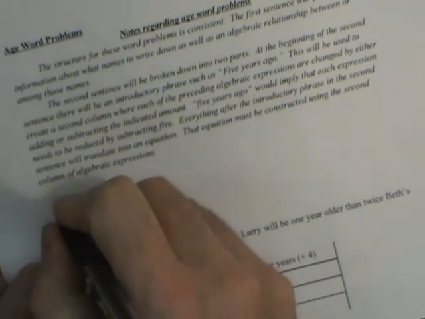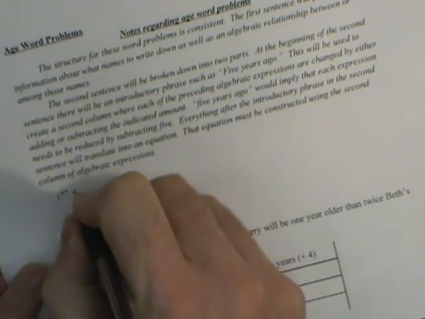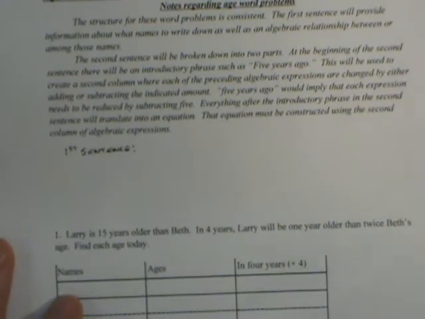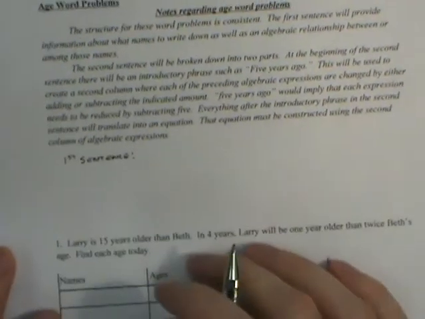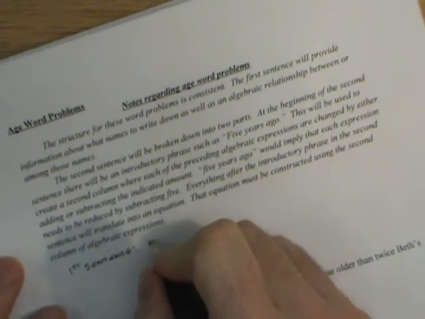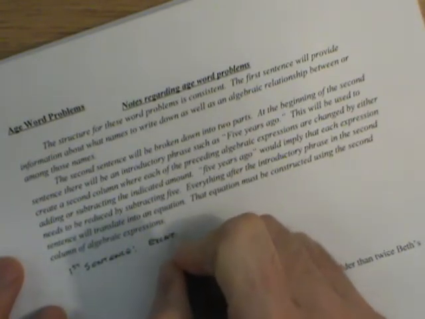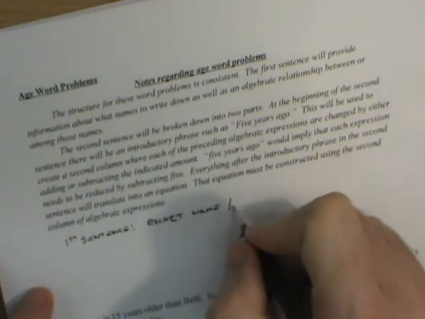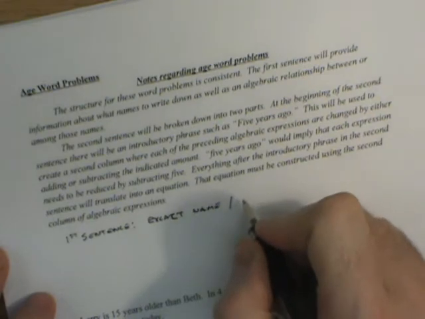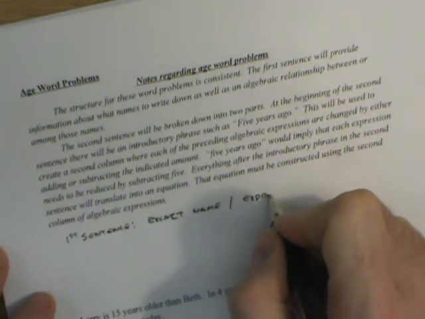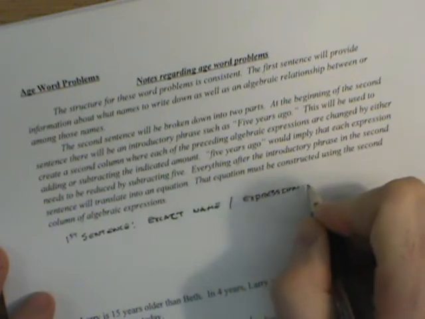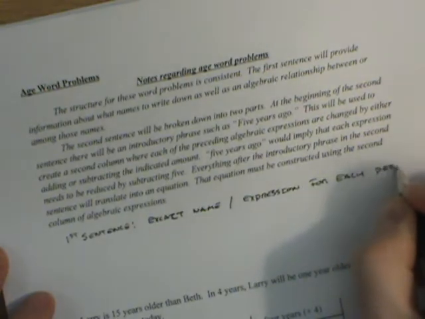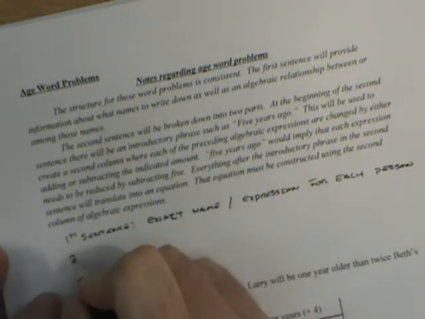You're going to look at the first sentence. From the first sentence, you should be able to describe the characters, the names of the people. So you should extract names. And you should also be able to set up an algebraic expression for each person. In the second sentence,